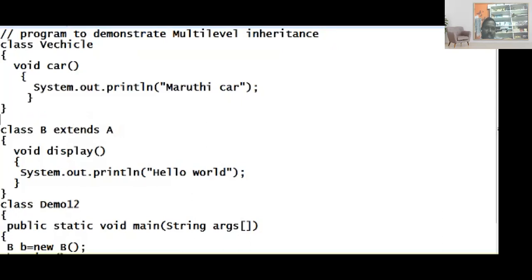Nothing but here class B, I'll take your Maruti class. Maruti extends what here? Vehicle.